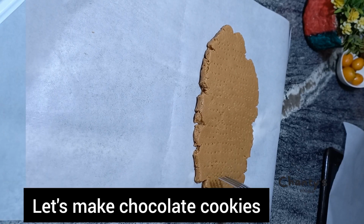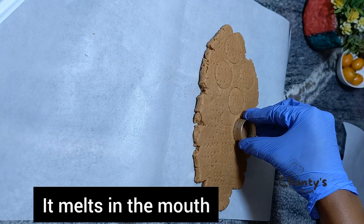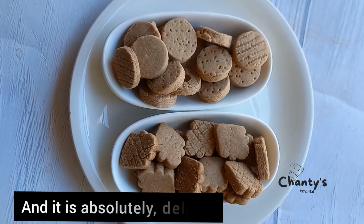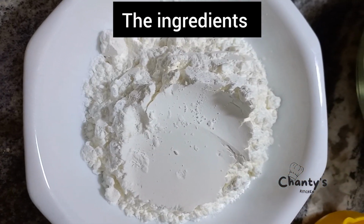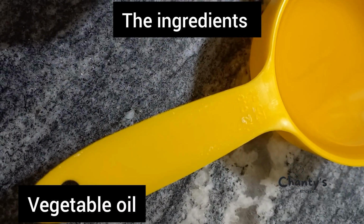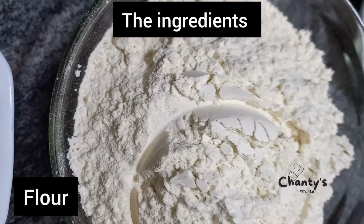So today we make chocolate cookies. It melts in the mouth and it's absolutely delicious. Let's see the ingredients. You have cornstarch, vegetable oil, and then you have your regular flour,